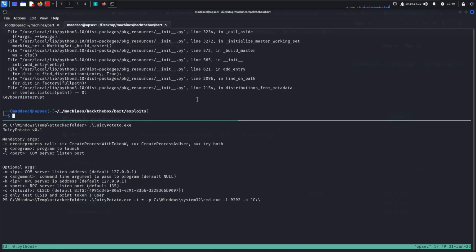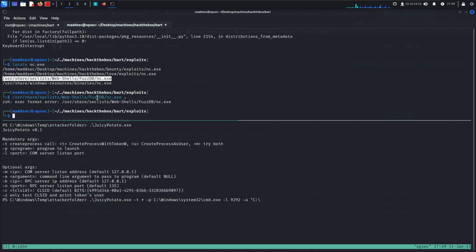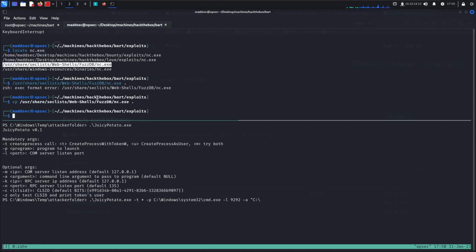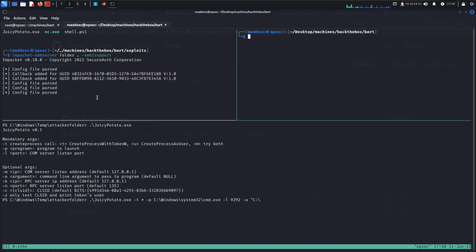Okay, but before that, let me locate nc.exe. I'm going to copy this here. I have now nc.exe. I have an SMB share open, and from here I will grab